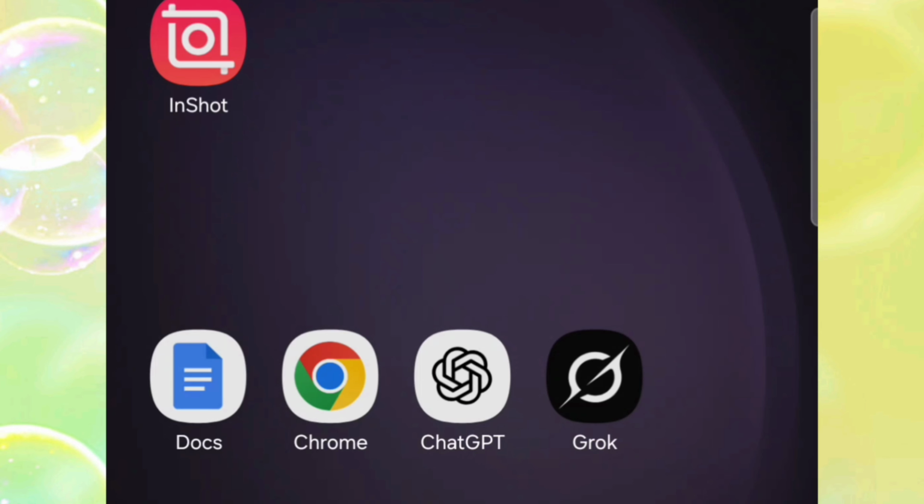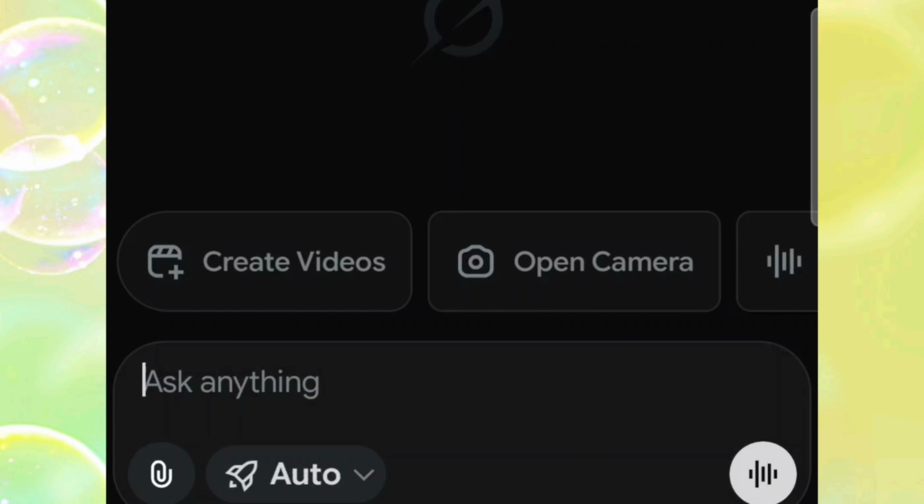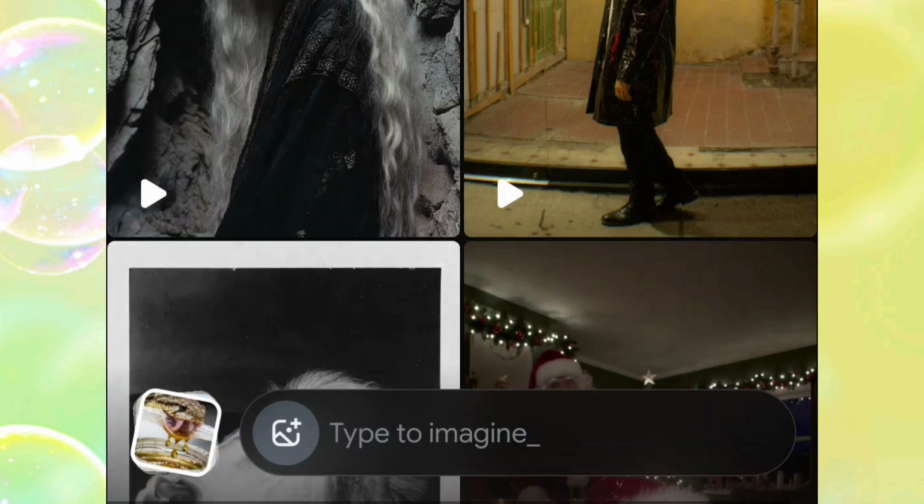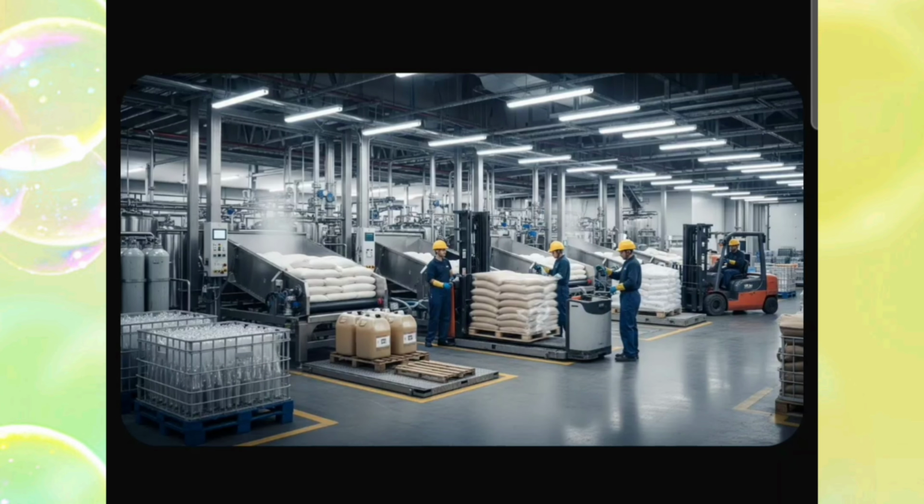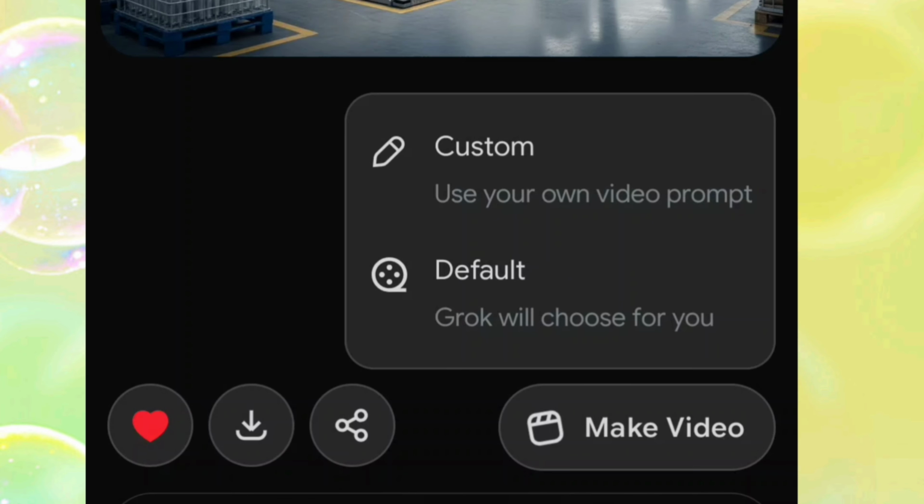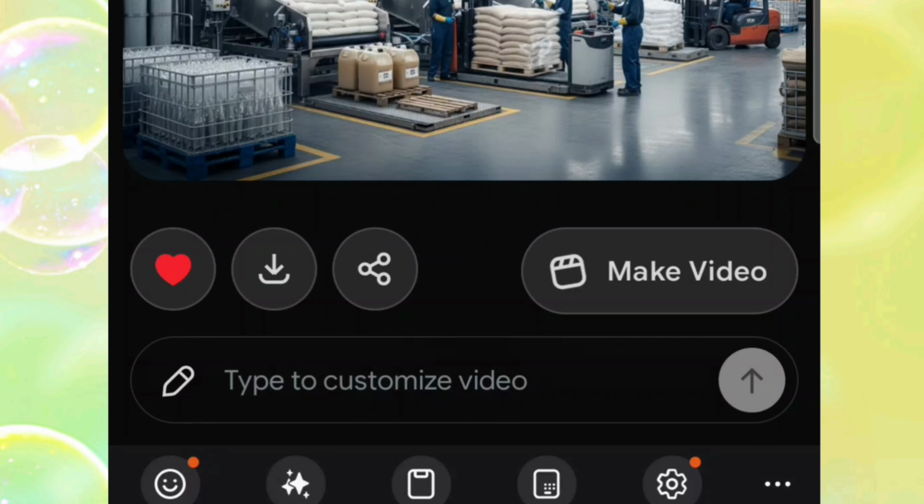And we're going to use Grok AI to animate. From here, we're going to come to Imagine. So you're going to click here, go to your gallery and upload the image. So here our image has been uploaded. We're going to click on Make Video, and there it says use your own video prompt. You're going to come here and click Custom, and then you're going to go back to